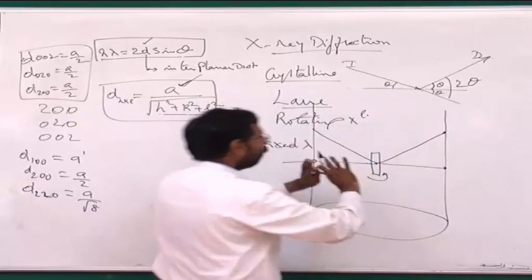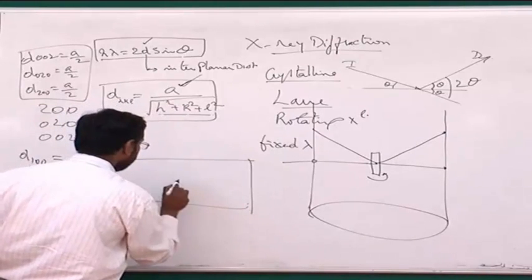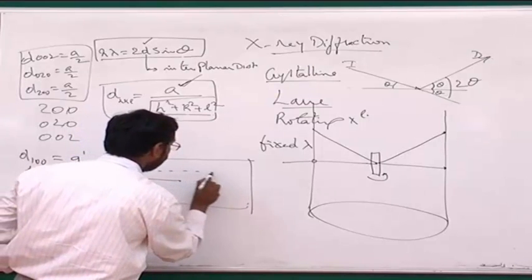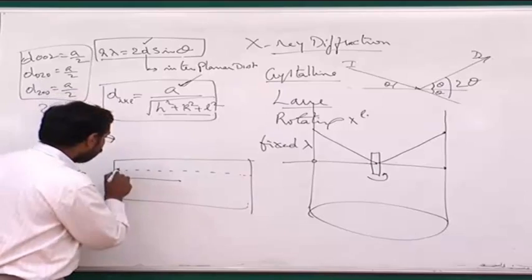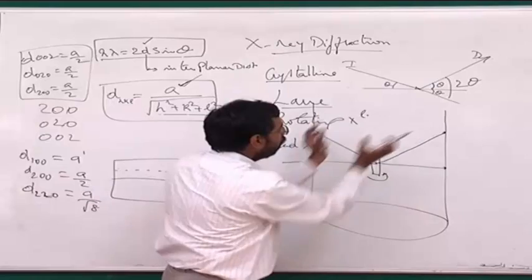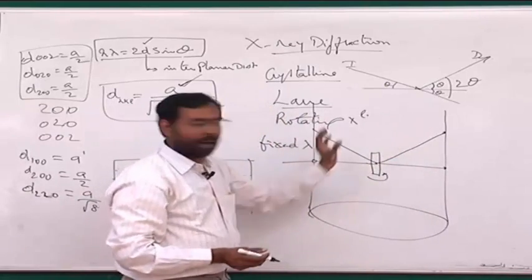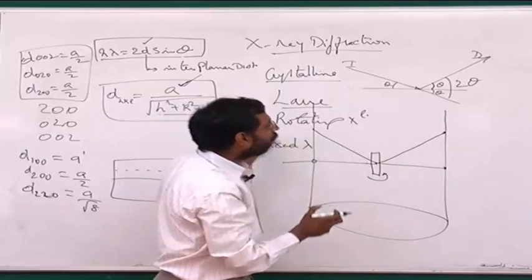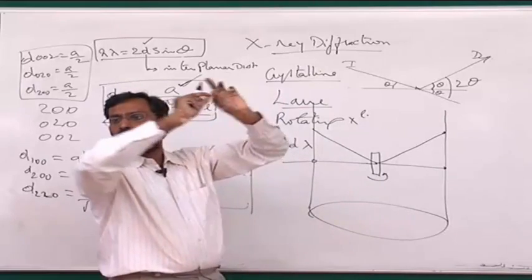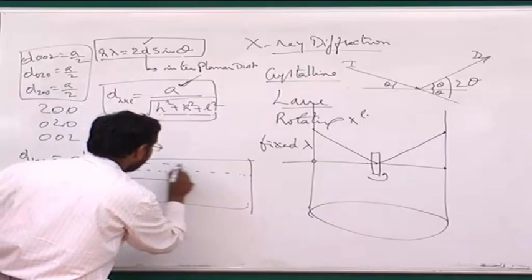So what you see is, if you open up this sheet, finally the cylinder, you see that this is where it has fallen, and the X-ray diffracted beams will fall as spots on a single line. You can see this cone, there are so many X-rays of the same family, all going like a cone and falling onto this cylindrical screen, and if I open up the screen, they will all look like spots on one single line. So you will see different lines